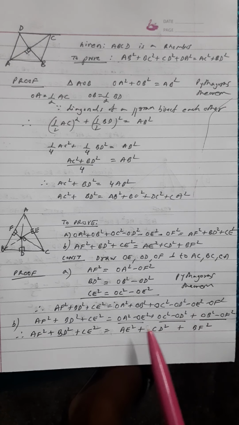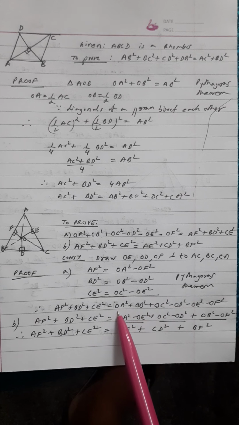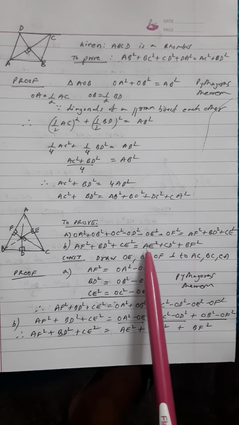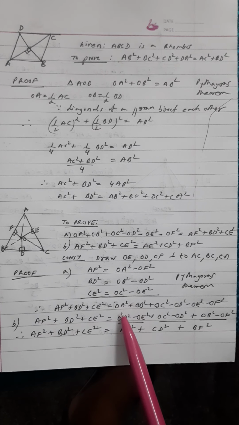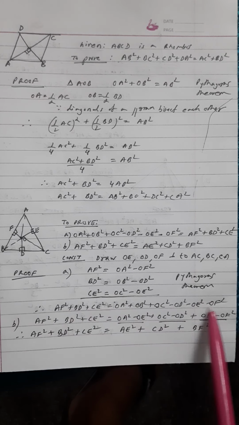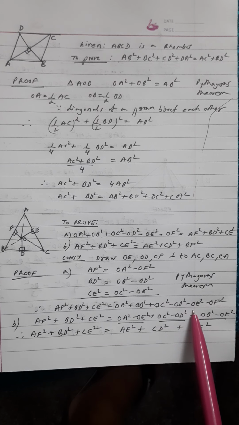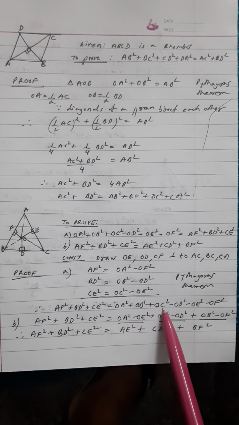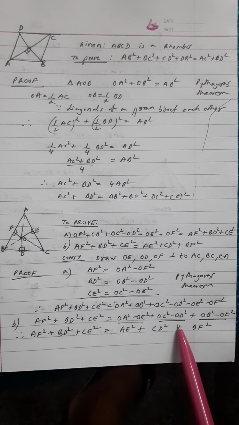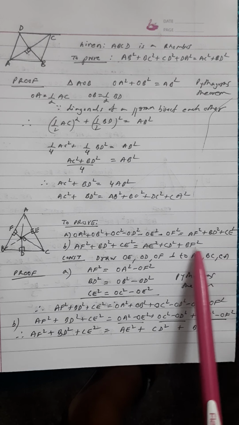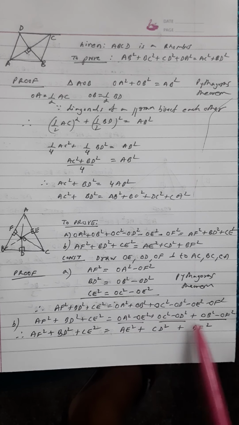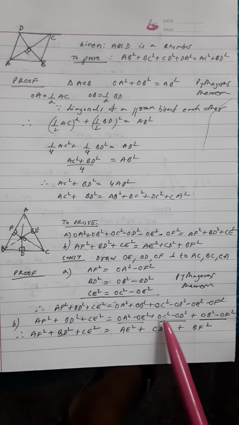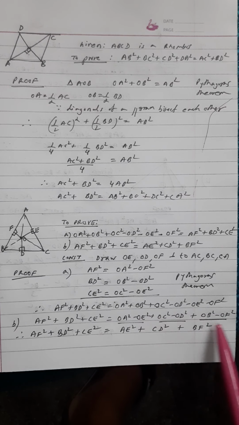And then the second part, what we need to do is just rearrange what we have already proved. Because in the second part we want AE square, CD square and BF square. So how do we rearrange? We'll rearrange OA and OE, I am writing together, right? Then I want CD square, so I am writing OC square and OD square together. And I also want BF square, so I am writing OB square and minus OF square. So whatever we have proved, we just rearrange those.